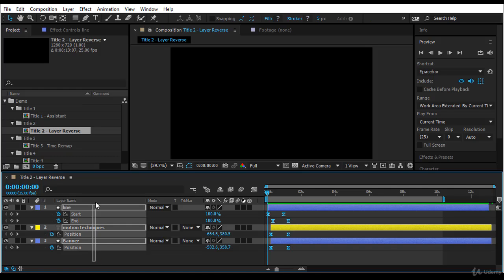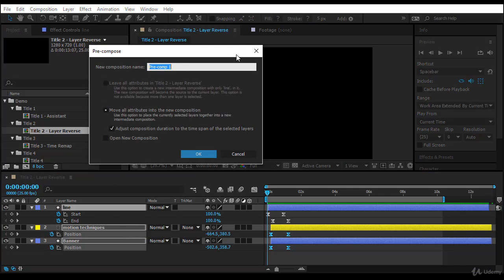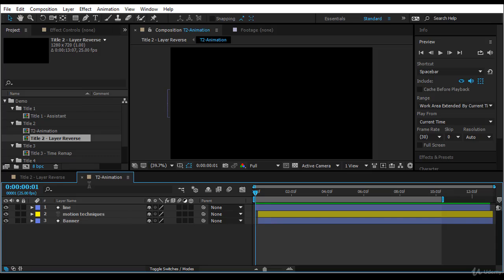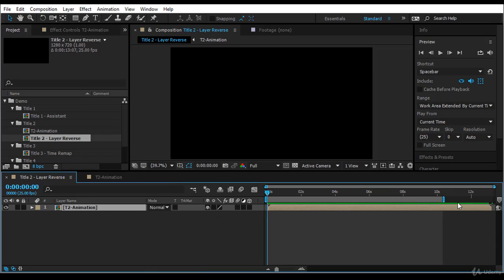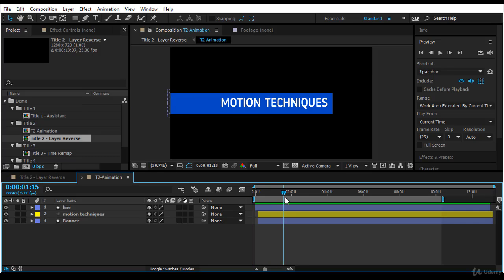I will select all my layers, right click and pre-compose. Here I will say title 2 animation, for example. And I want to open the animation. I will say OK. So now I have a pre-composition here that's very long and another one here. But you notice the one that we have pre-composed at 2 seconds, of course, there is nothing happening after 2